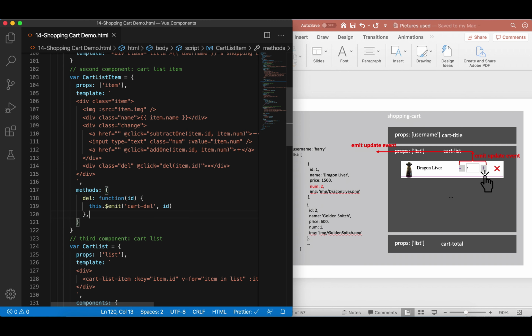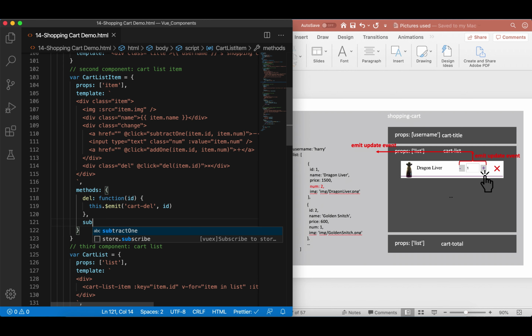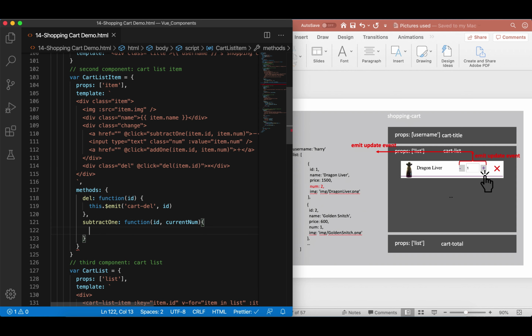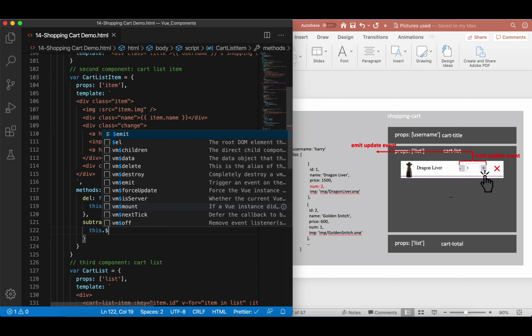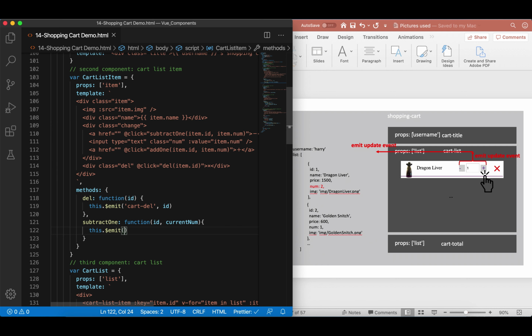So after delete, subtract1 function, and there are two parameters, ID and current number. So in this function, we're going to emit an update event to its parent, which is cart list. this.$emit. There are two arguments. The first one is the name of the event. Here I call it cart